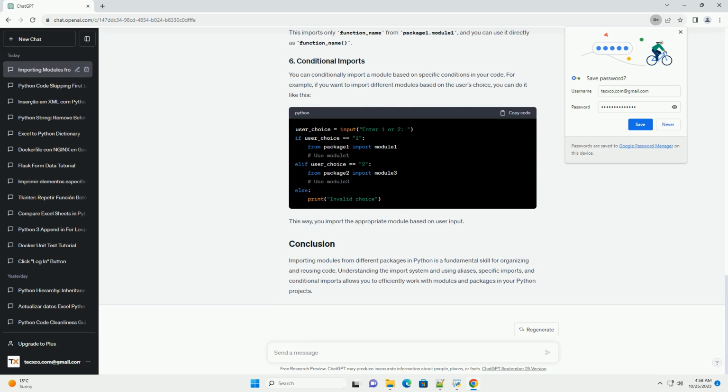To import modules from different packages, you need to specify the package's name along with the module's name. For example, if you have a package structure like this. If you want to import module 3 from package 2 into a Python script in the same directory, you can